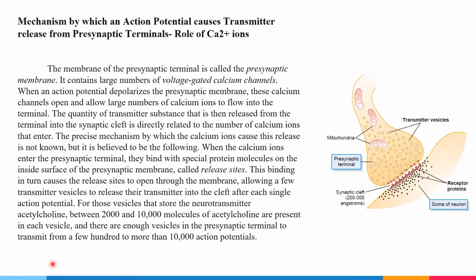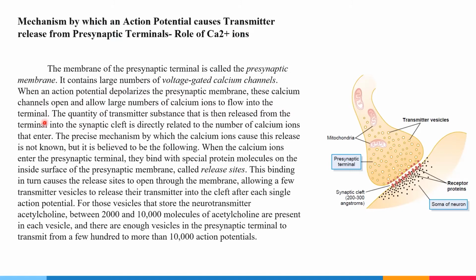Next, we'll look into detail the mechanism by which an action potential causes transmitter release from presynaptic terminals, which essentially depends on the role of calcium ions. The membrane of the presynaptic terminal is called the presynaptic membrane. It contains large numbers of voltage-gated calcium channels. When an action potential depolarizes the presynaptic membrane, these calcium channels open and allow large numbers of calcium ions to